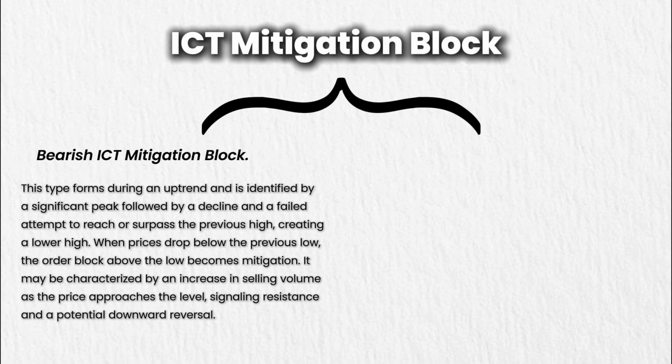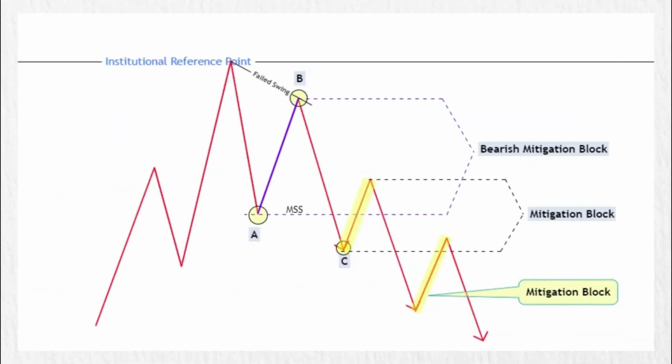When prices drop below the previous low, the order block above the low becomes mitigation. It may be characterized by an increase in selling volume as the price approaches the level, signaling resistance and a potential downward reversal. Bearish ICT mitigation block forms at the end of a bullish trend when price reaches a strong